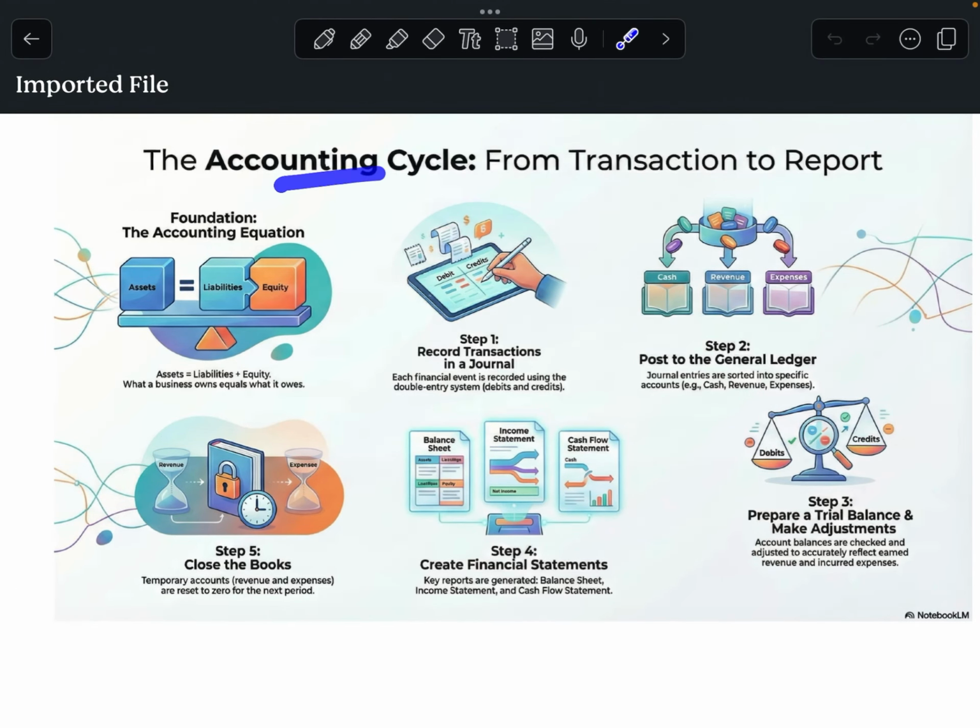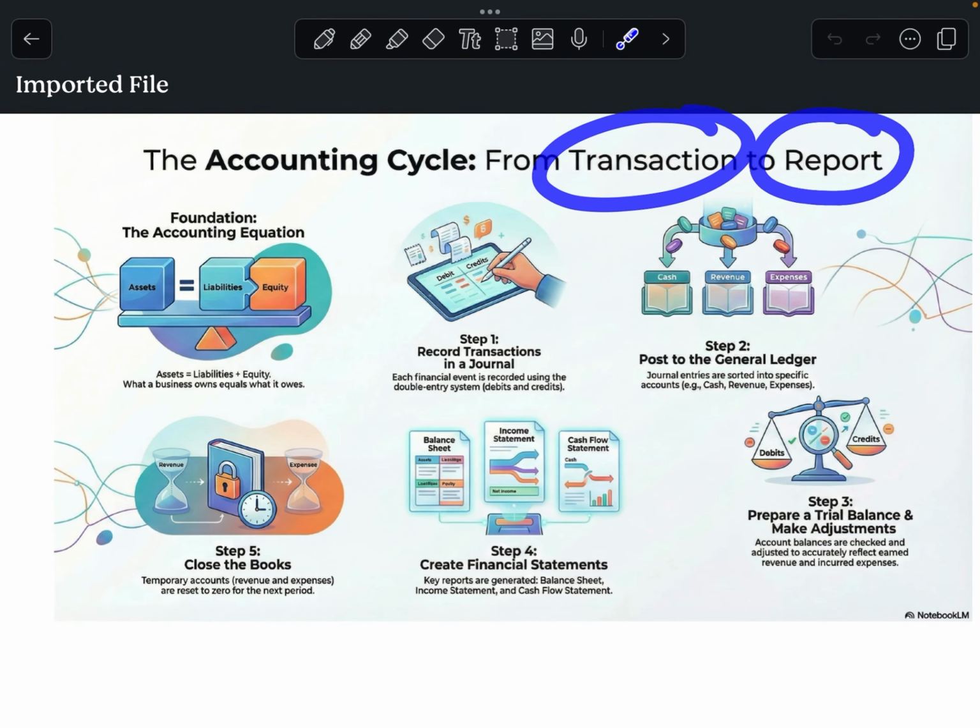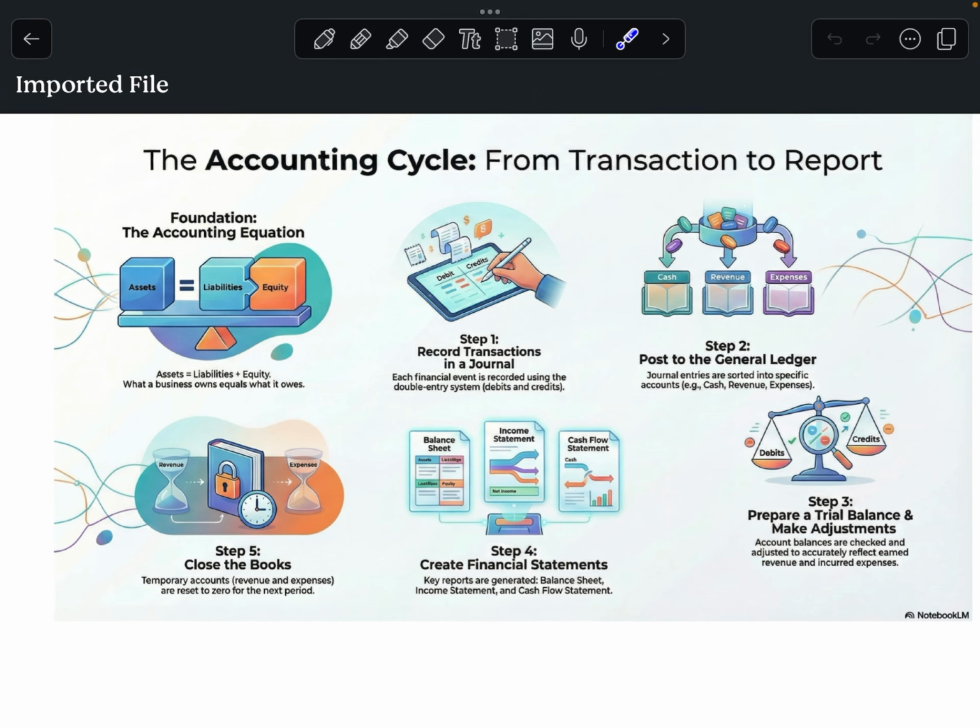So today I will teach you what exactly is an accounting cycle. Accounting cycle begins from a transaction and ends with a report, and a report which the stakeholders of the financial statement can use. So before beginning with an accounting cycle, a small concept that I want to indicate is accounting